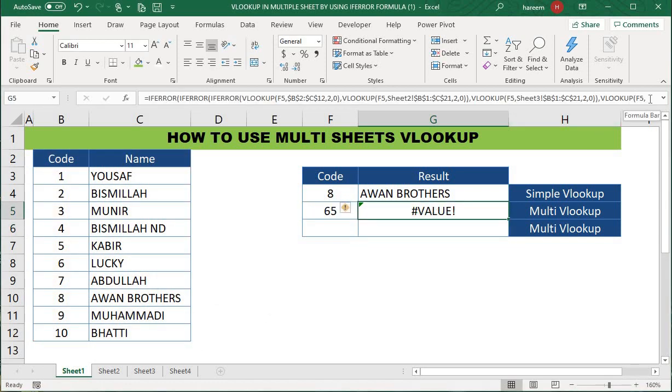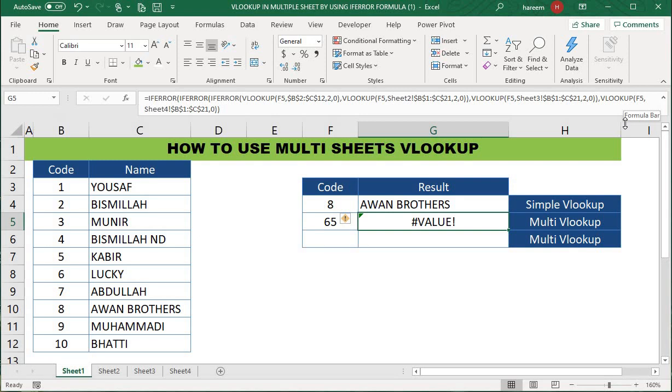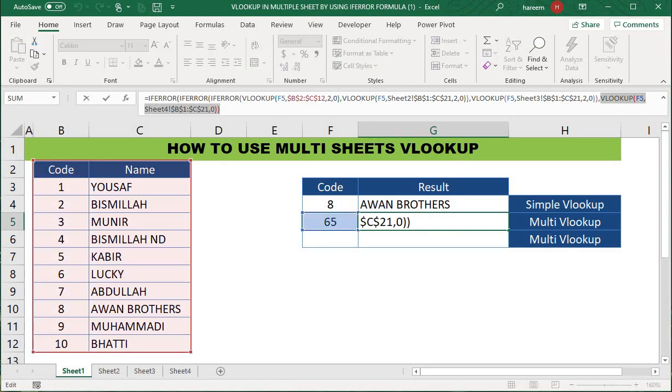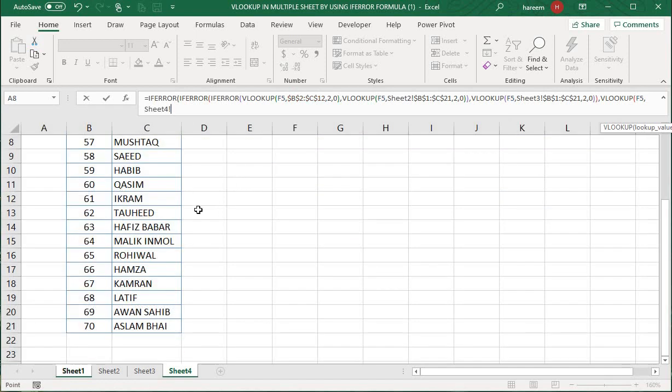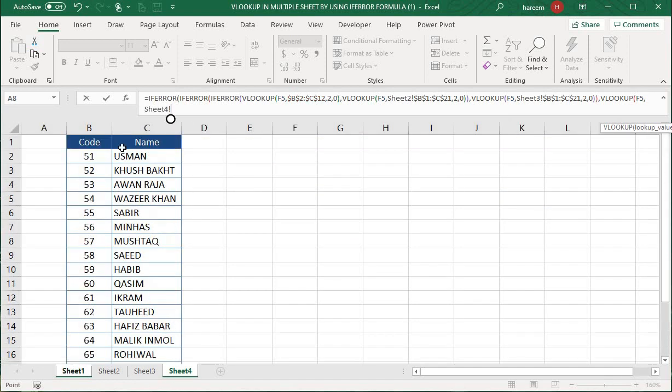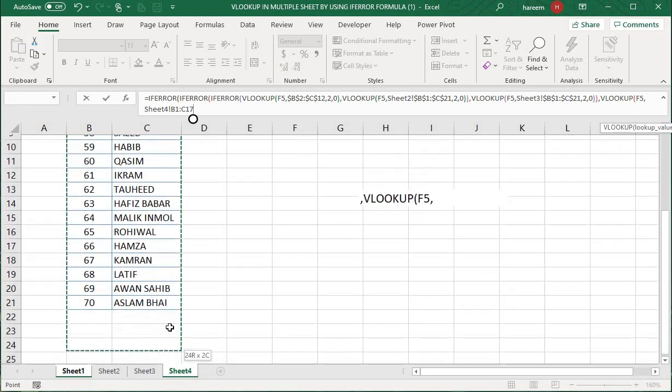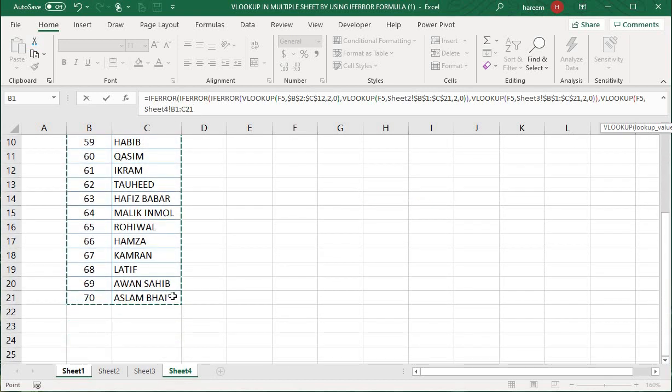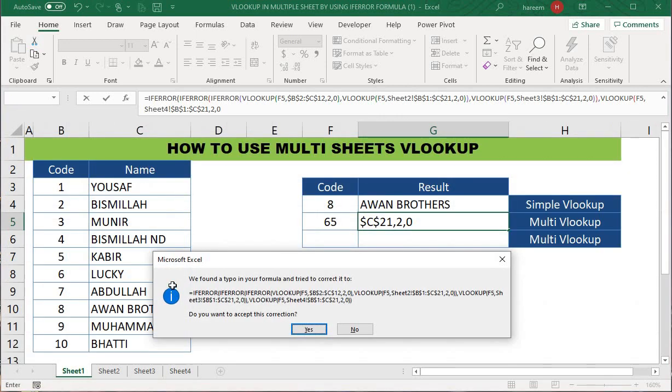I think I missed something. Yes. Comma, we look up 65, comma, we'll go here, select the table array, lock it, required data from column 2, comma 0, enter.